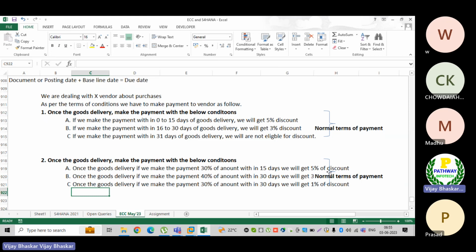If we do not make the payment as per these conditions, then we are not eligible for the discount.